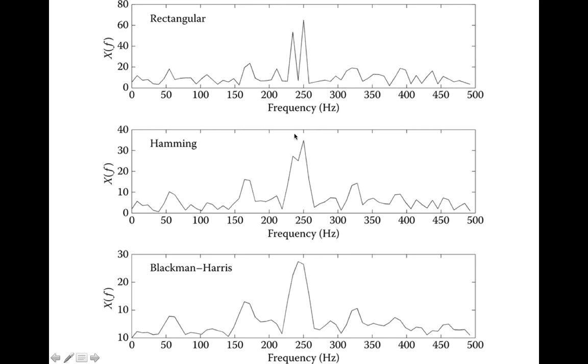So we've certainly lost some resolution as we've gone from a rectangular to a Blackman-Harris. We've also introduced what is probably some spurious structure into the frequency plot because of the effect of the window. But what we've gained is a smoother looking spectrum. That's because we're less likely to have those edge effects that would show up in a rectangular